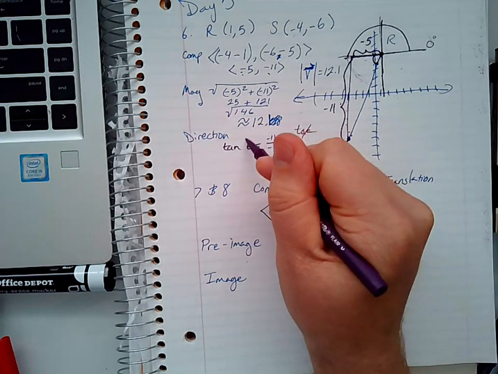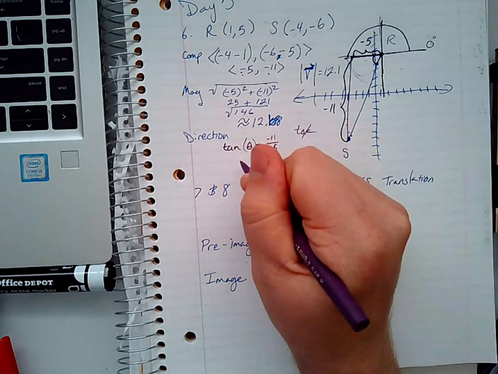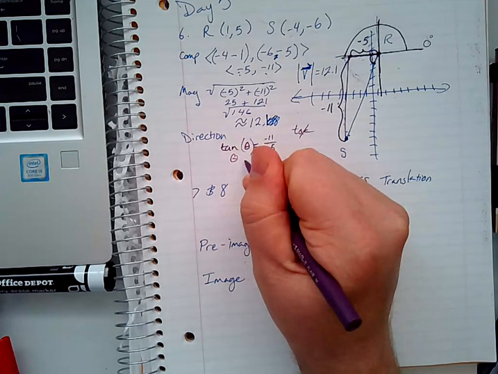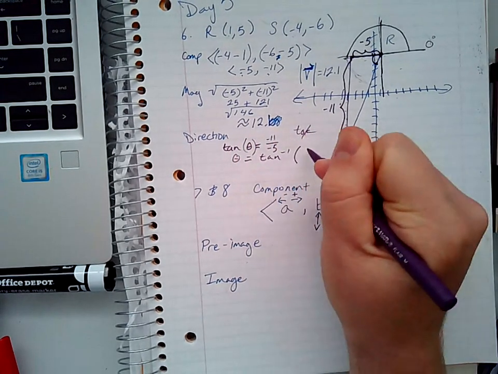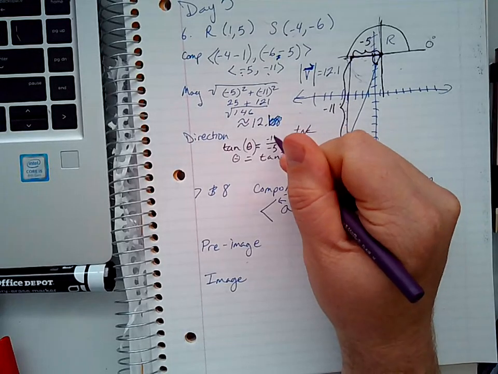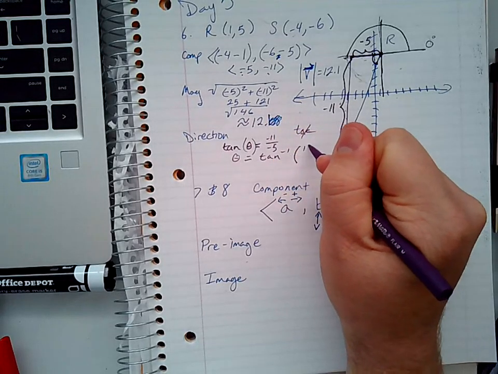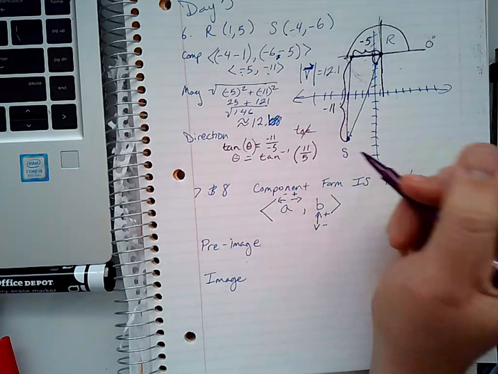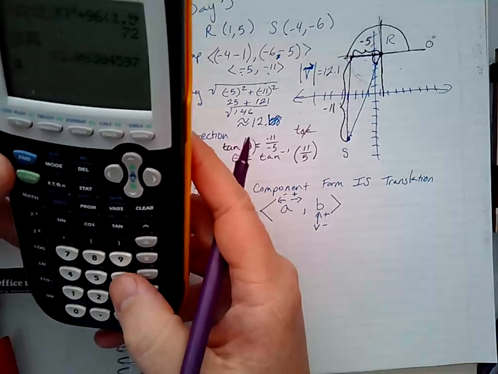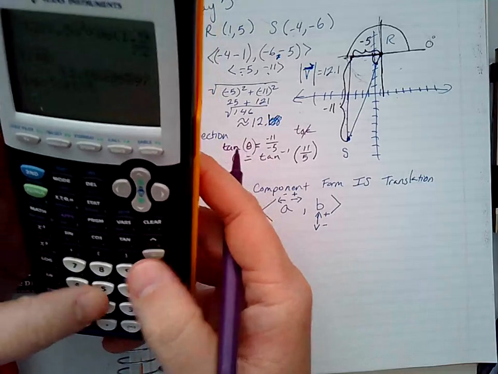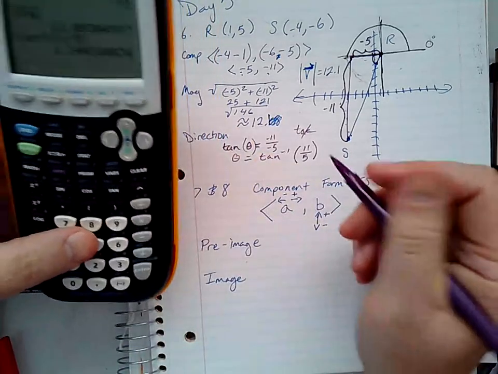So in order to find theta, I actually need to do the inverse tangent on both sides. So theta is going to equal the inverse tangent of negative 11 over negative 5, or I could simplify that to say 11 over 5. The inverse tangent of 11 divided by 5 is going to be,